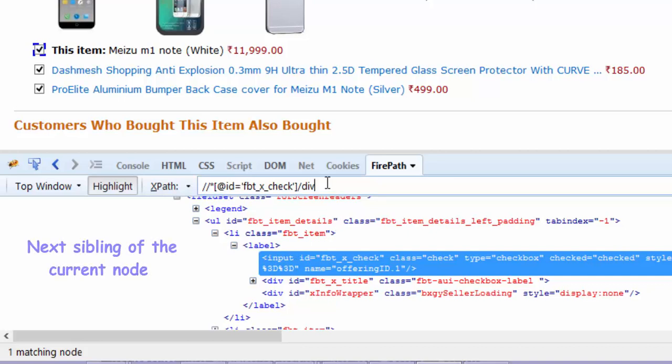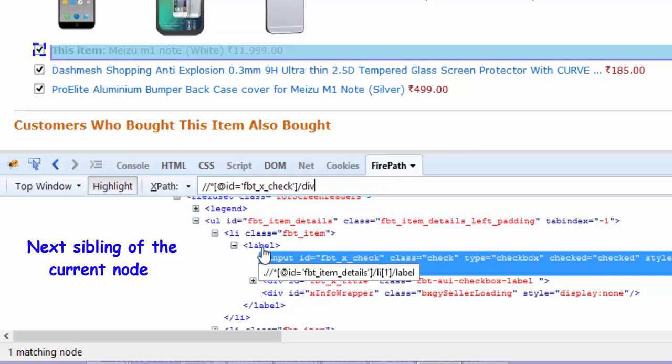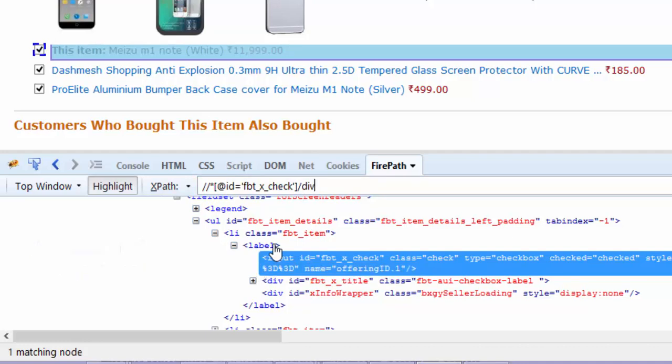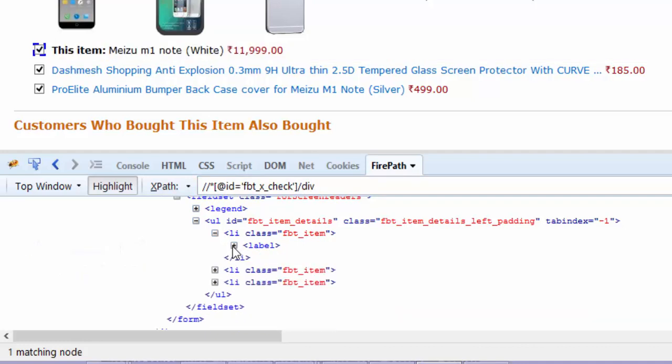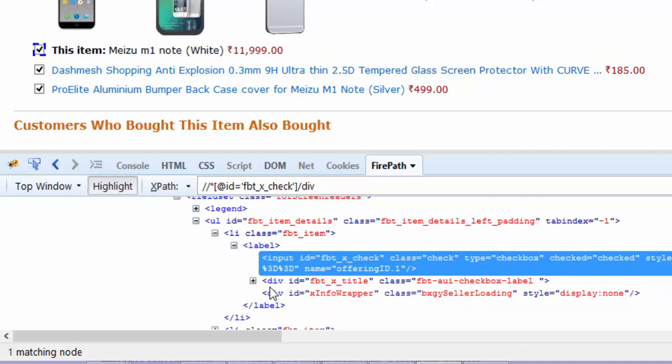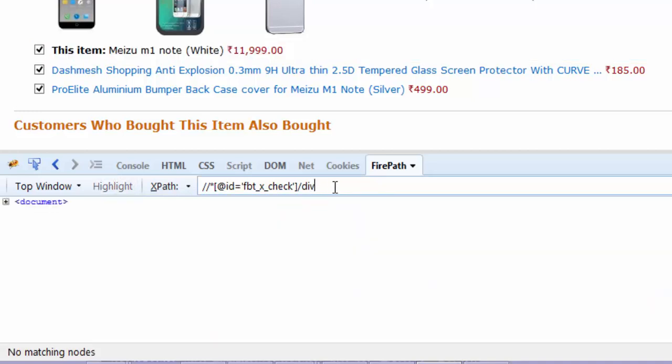It is actually a next sibling of the label. The whole label has the input as well as the due, so both are siblings. So you cannot select by using this slash due. If I hit enter, you can see that I get nothing,